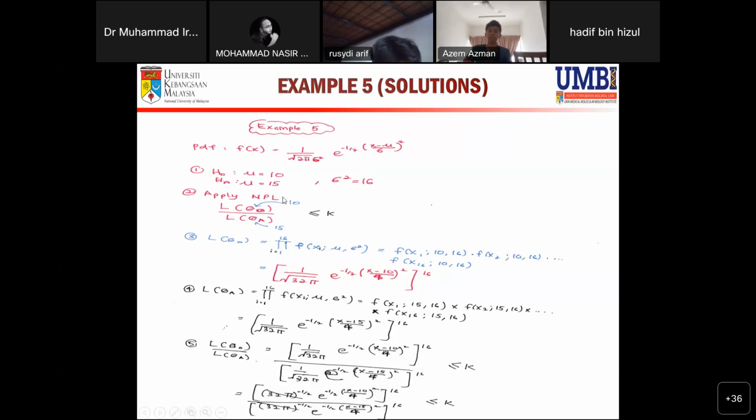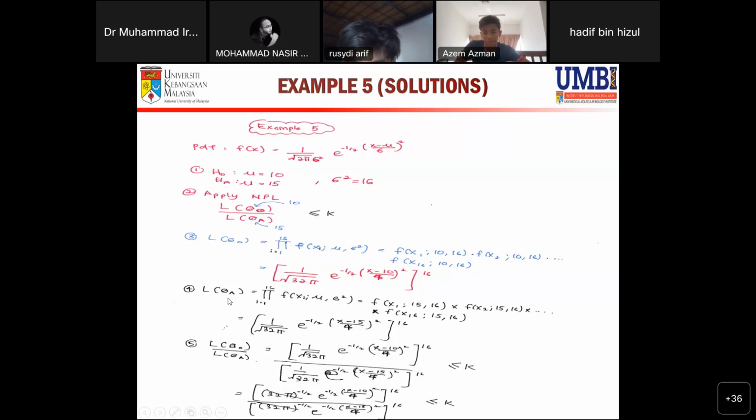So the likelihood has the following form, where we have a big pi sign here. Because we have 16 observations, this is the first observation, and the upper limit is 16. So we just multiply the conditional distributions of x1 given the parameter value of mu equal to 10, and the variance of 16, for x1, x2 until x16. So when we plug in the sigma squared of 16 into here, and then plug in the 10 and the 15 into the respective distributions, the null distribution for mu equals 10 and the alternative distribution for mu equals 15,